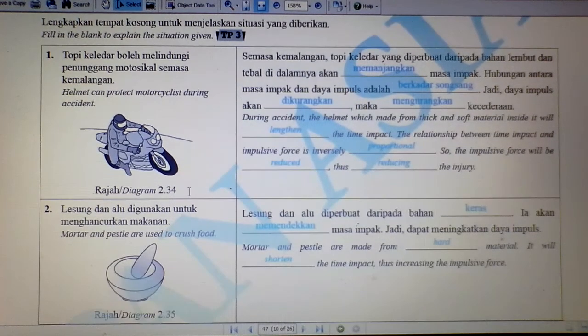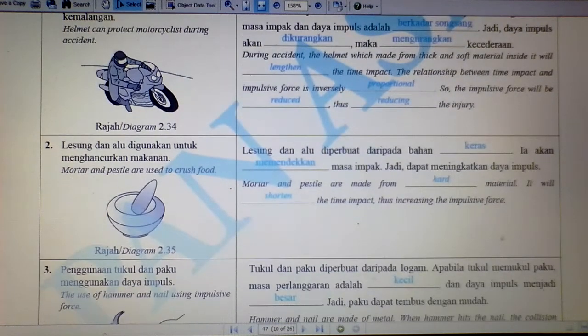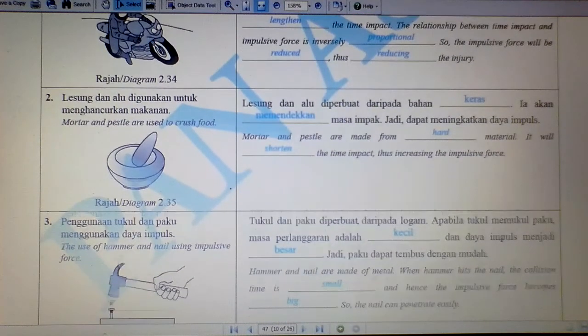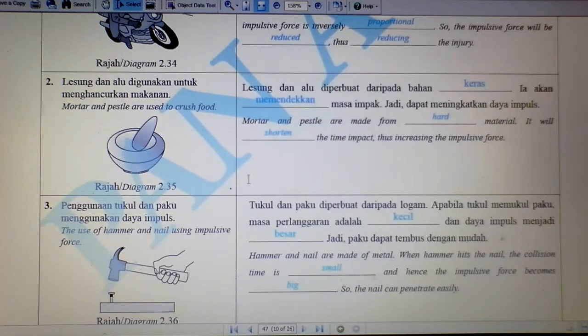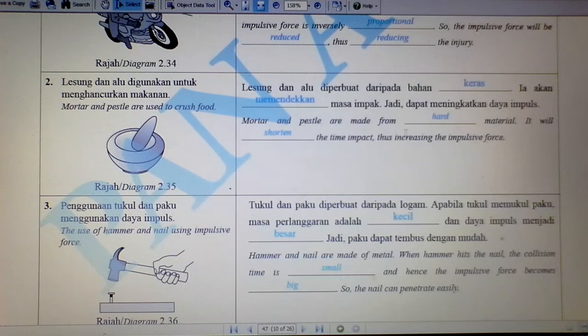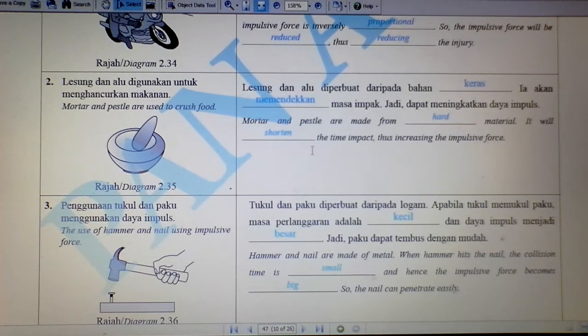Okay, number 2, again we discussed the pestle and mortar. This one is used to crush food like chili. Mortar and pestle are made of hard material. It will shorten the time of impact, thus increasing the impulsive force. So we need greater impulsive force in order to crush the food. Okay, number 3,